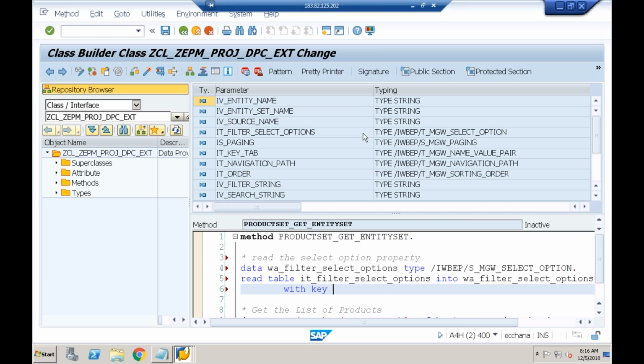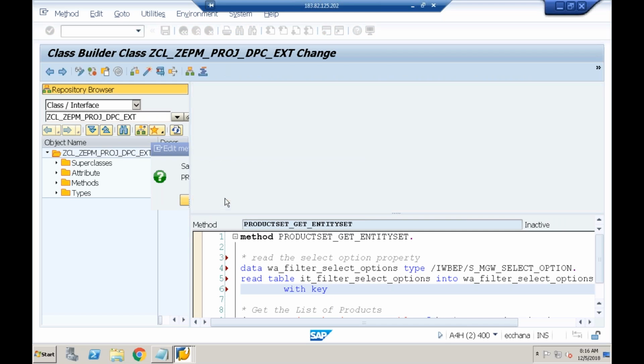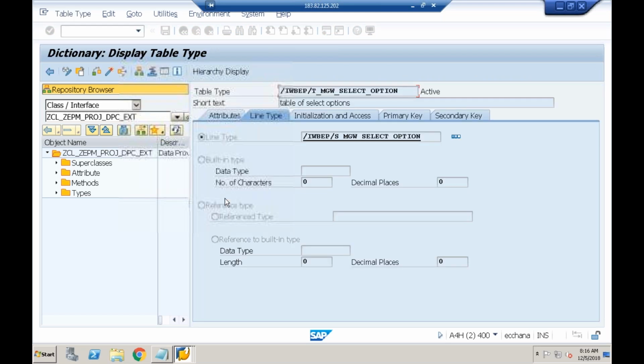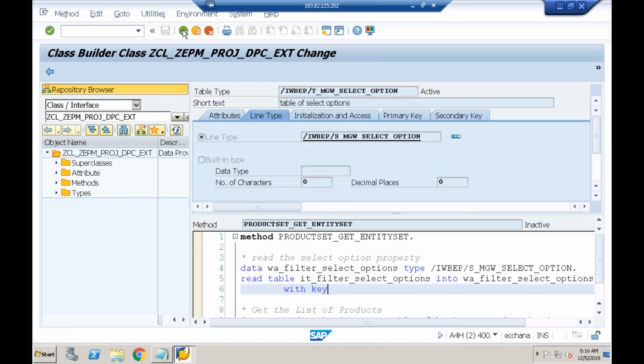what are the fields in this? Let me again double click on this. Yeah, there are two fields here. One is property, another field is select_options. Again, this field is an internal table. Property and select_options. Okay, so keeping that structure in mind,